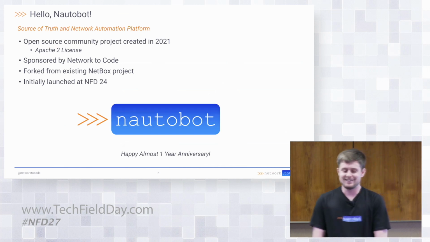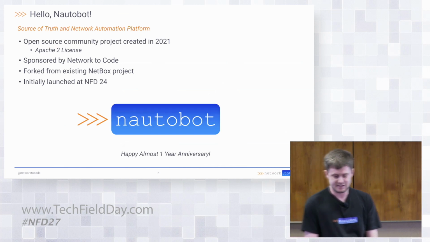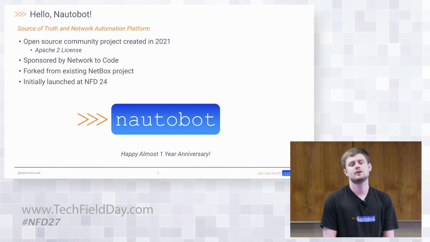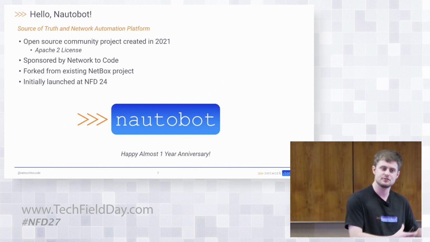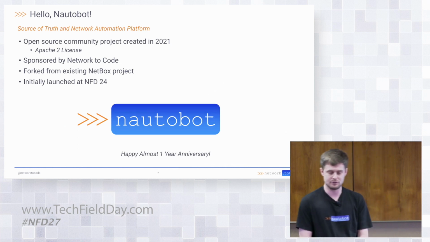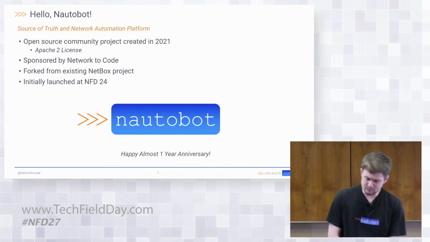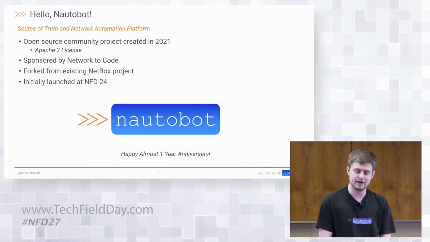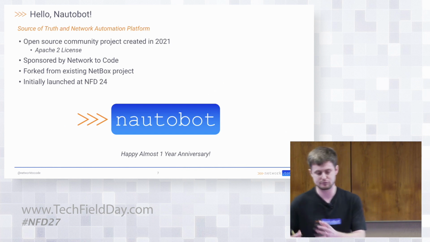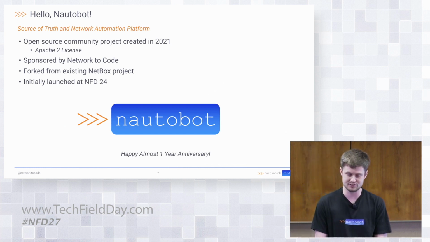So what is Nautobot? That's what we'll be talking about today. It's an open source network source of truth application. And we'll talk about what that means, but it's basically the data that drives your network automation would be stored within Nautobot. But it's so much more than that. In fact, it's an app platform centered around network automation. So it's more than just the data. It's also a platform for driving network automation solutions itself.